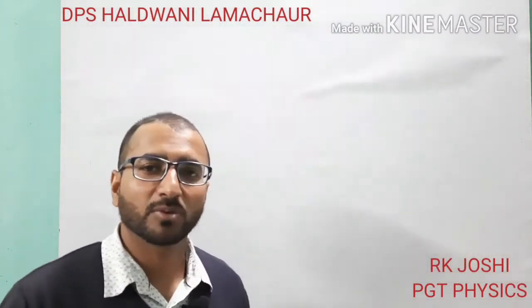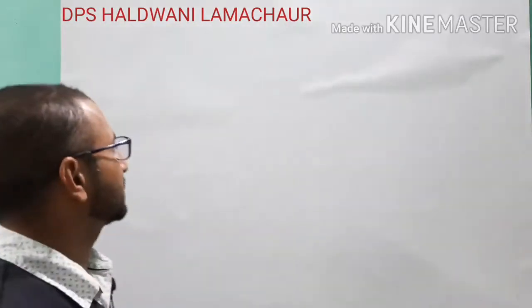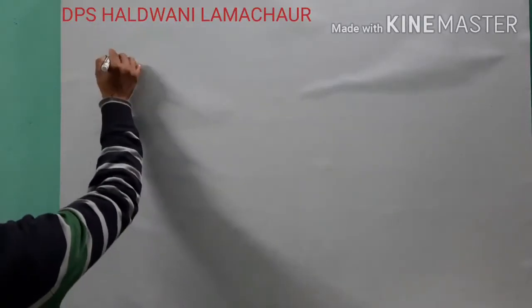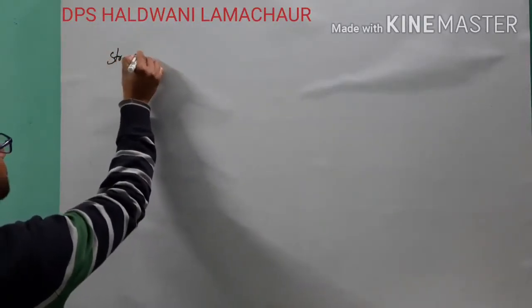So today we will discuss the next topic of chapter 9, properties of bulk matter. Today we will discuss the topic of stress strain curve and the potential energy of a stretched wire. One by one I will discuss all the topics in front of you. So first we will discuss the topic stress strain